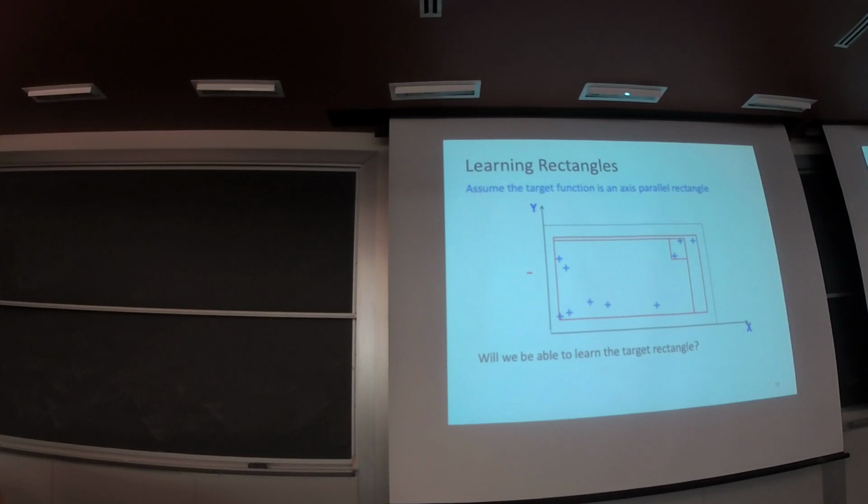Obviously, when your hypothesis space is finite, using the bound we just mentioned, we can give this guarantee. Because whatever epsilon and delta, as long as the number of training examples is bigger than some threshold, you can guarantee this. You take a limit, and you can ensure that your learned hypothesis converges to the true function. But here, the hypothesis space for rectangle classifiers is infinite. Remember, a rectangle classifier is determined by 4 points, and all the 4 points are real values. So in the 2-dimensional space, there are an infinite number of rectangles.